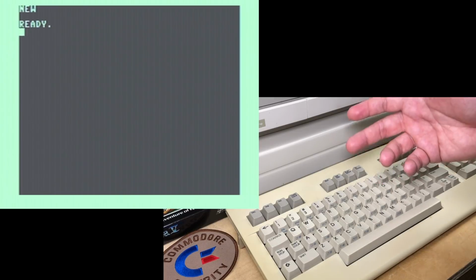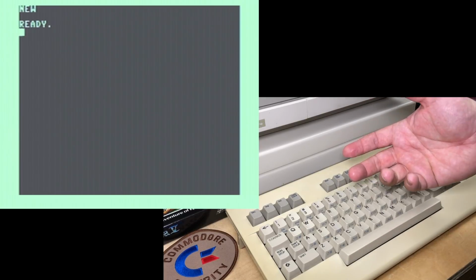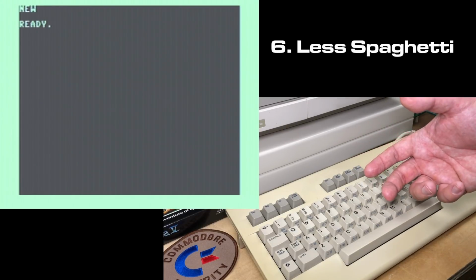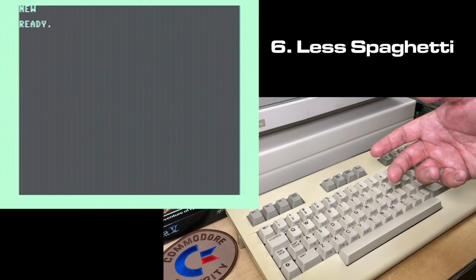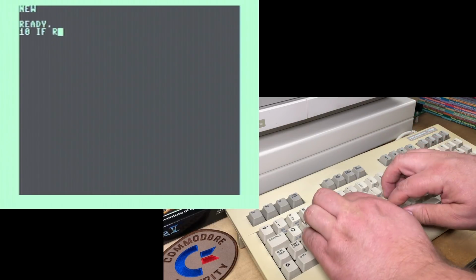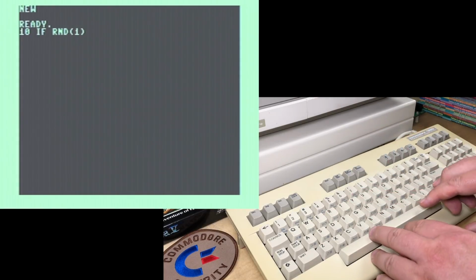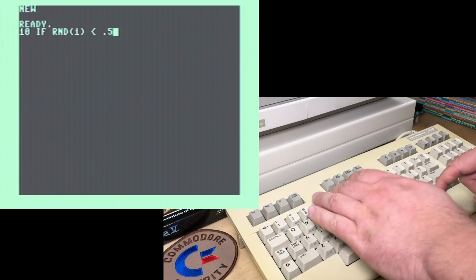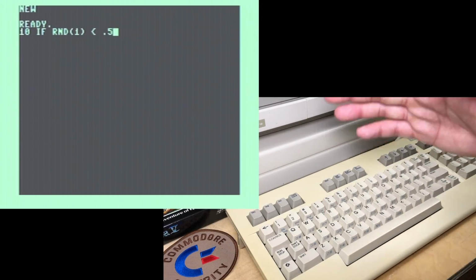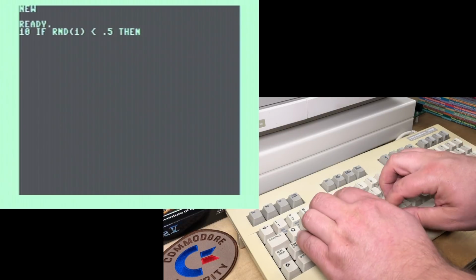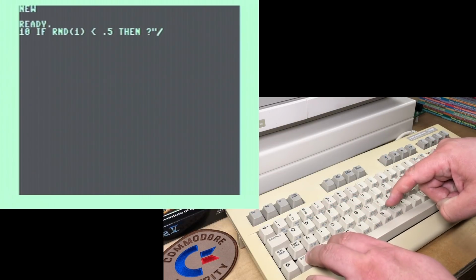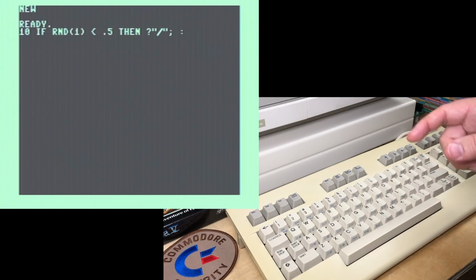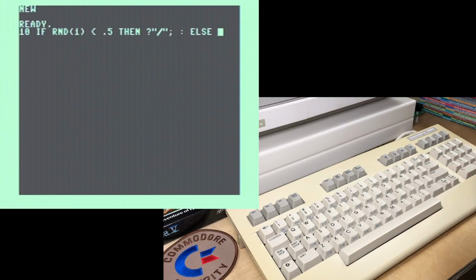Another common complaint about C64 BASIC was how the code is so spaghetti, it's not very structured. C128 BASIC doesn't hugely improve on that, but it does give you a couple nice things to make your code a little bit cleaner. So if I just do a different version of that 10 print program and just compare the random value that returns a value from 0 to 1, if it's less than 0.5, then we're going to print the shift N and a semicolon, and then I'll put a colon, and now here's the long-awaited else command,